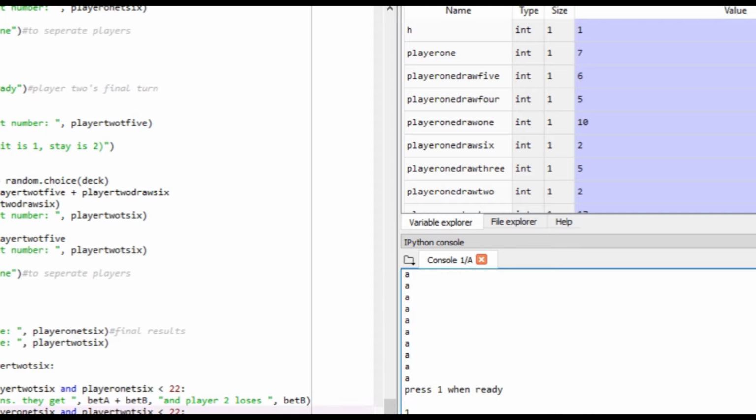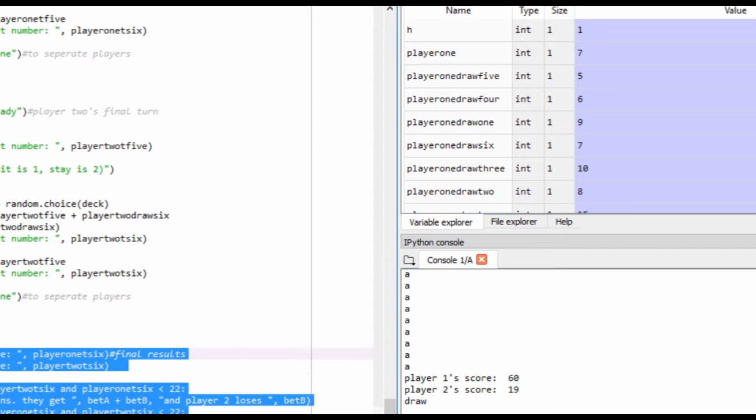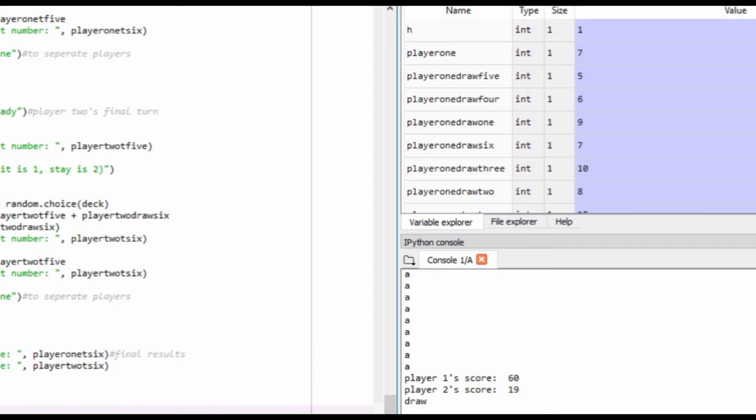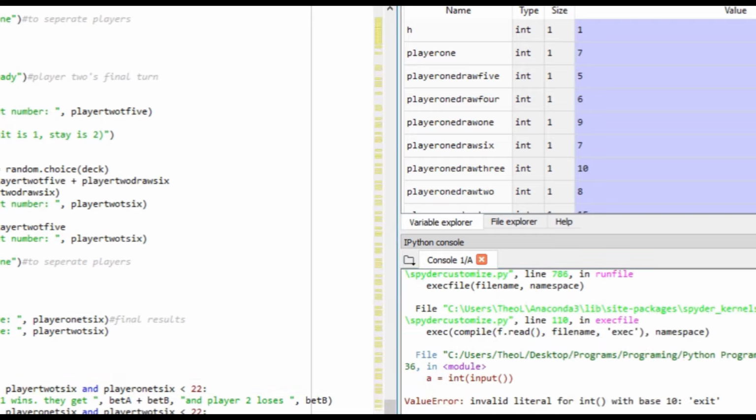Now here I was trying to get this to work. I had a lot of trouble getting this to work. It was really annoying, because it kept saying it was a draw, even though people were definitely winning here. As you can see, it was like 60 something to 19. So then I just made it set a variable fin, which is for finish, to 1, and then while that is equal to 1, it would